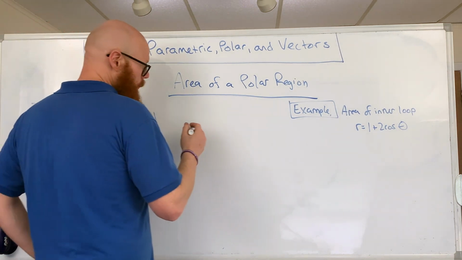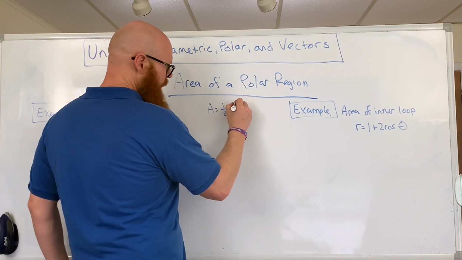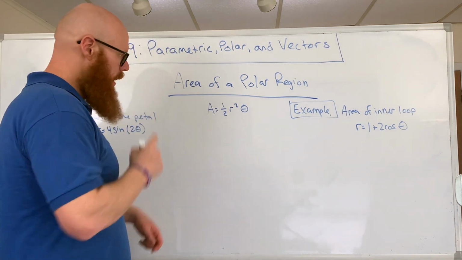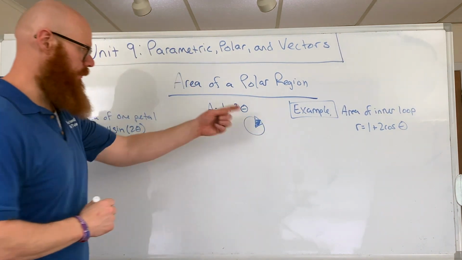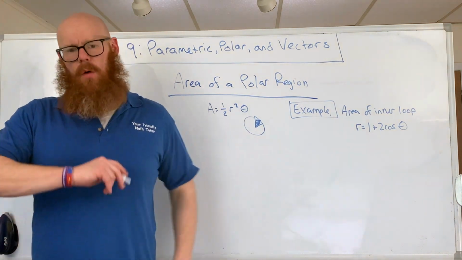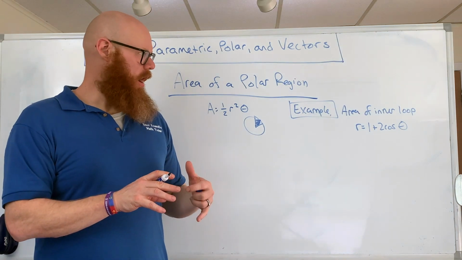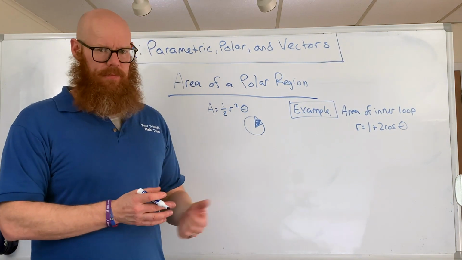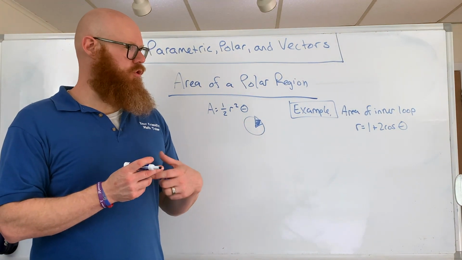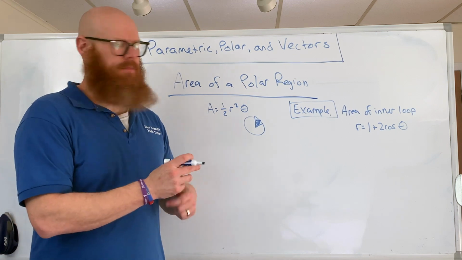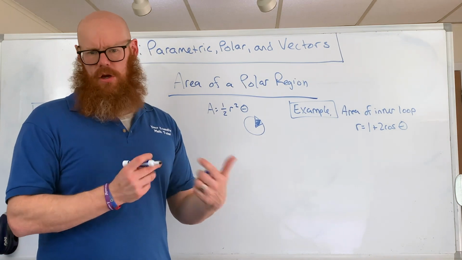So real quick, the formula. If you remember from pre-calc, the area of a sector was 1/2 r squared theta. That was just if you had to find the area of just a sector of a circle. Now, we're not going to go through a full proof. Again, the point of these videos is just to help you prepare for the AP test. There's plenty of other videos if you want to go through the actual proof of this. But it's good for you to understand at least slightly where it comes from, so that if you already know this formula, then the formula that I'm about to give you is going to make a little bit more